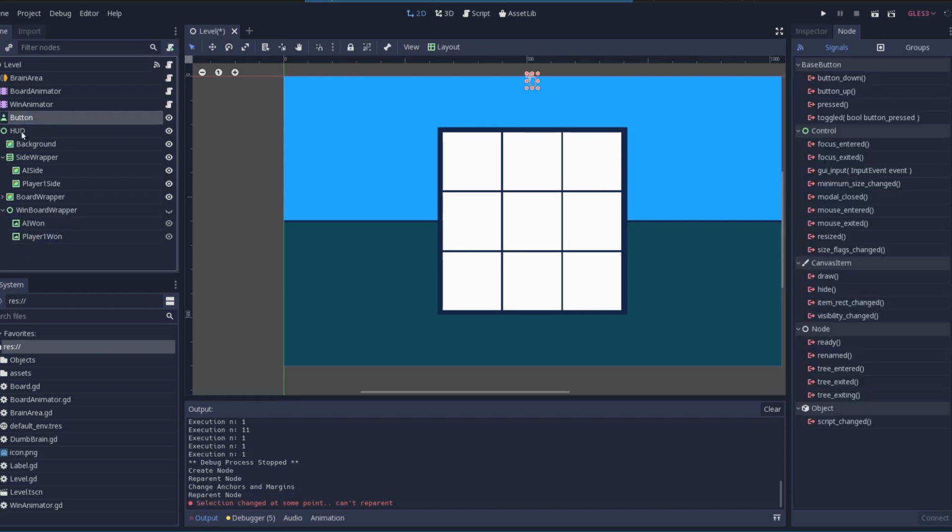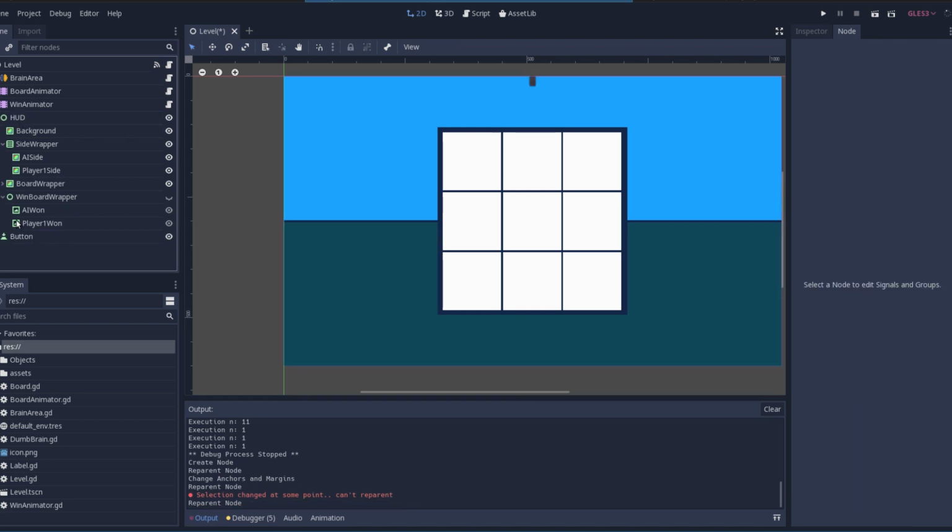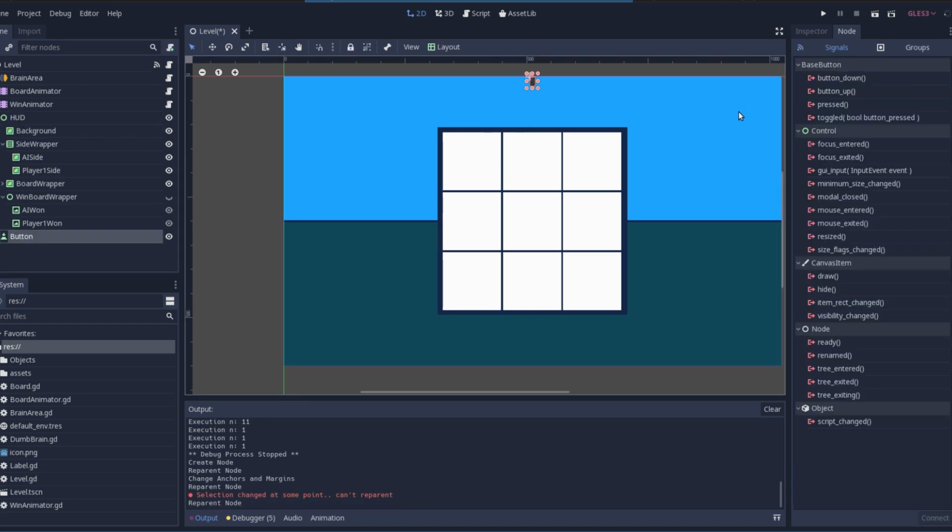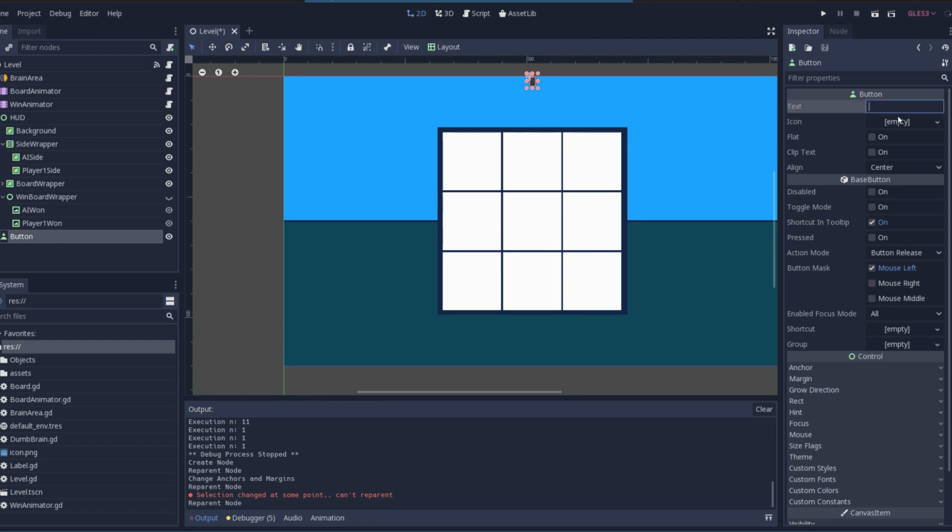Let me put this here. Okay, now this button with text store knowledge. Okay, now that I have this button, store knowledge,